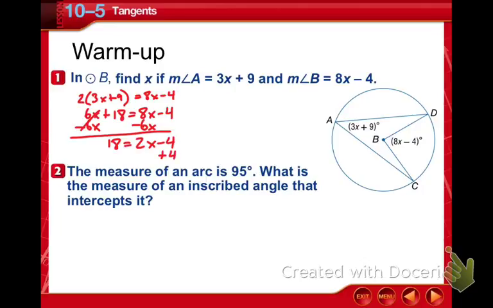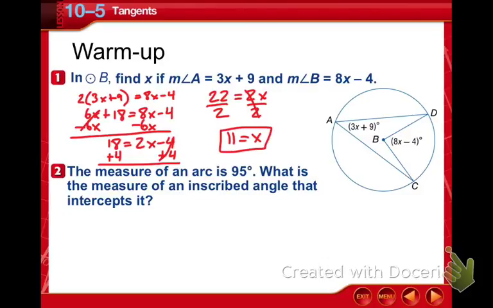We add 4 to both sides. So we end up with 18 plus 4 is 22, and 22 is equal to 2x. We divide by 2 on both sides, and x is equal to 11. There's our final answer. It doesn't say any units, and really it's part of each of these things, so no unit